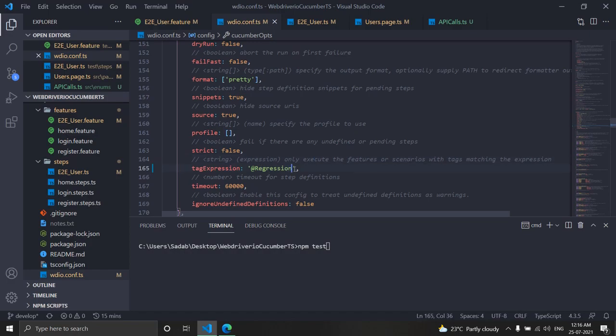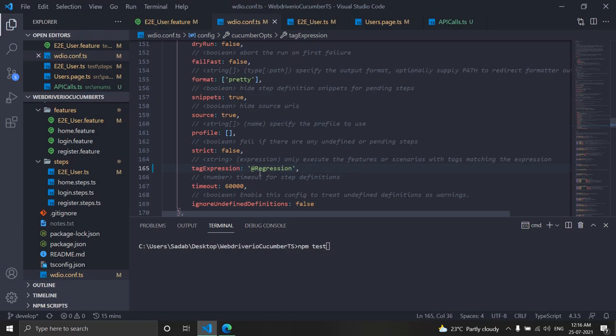And if you want to pass multiple, you can. So it says here, right? Expressions only execute features or scenarios with a tag matching the expression, and you can add a comma, or you can provide another expression and keep on adding multiple tags as well. So if you want to run one more tag, you can add @get call, and it will run with that another as well, right? So you can define multiple tags here like this.